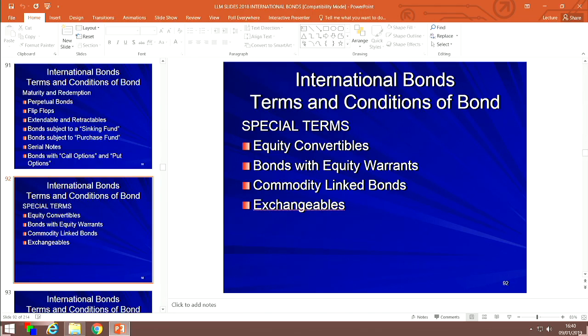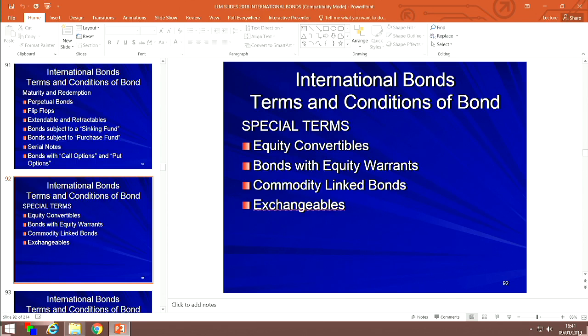Once again, it's an incentive for bond investors to buy that bond in the hope that the market value of whatever it is that is specified in exchange is going to be more valuable than the face value of the actual bond that the investor has purchased. All incentives to investors to keep buying the bonds which are linked to such exchanges or to such commodities which give the investor a greater incentive to buy the bond.